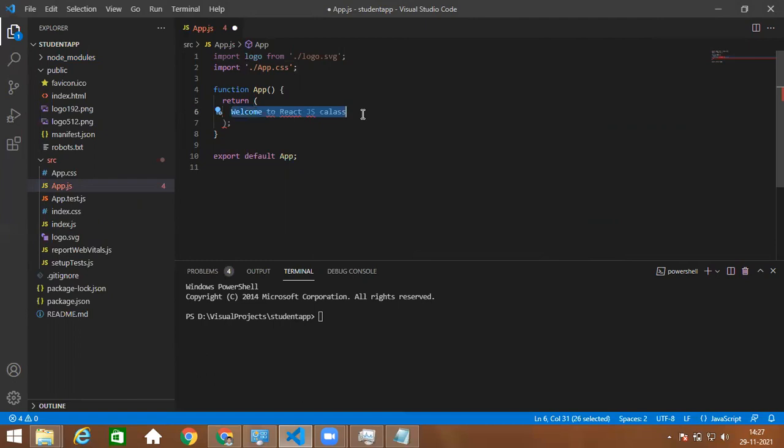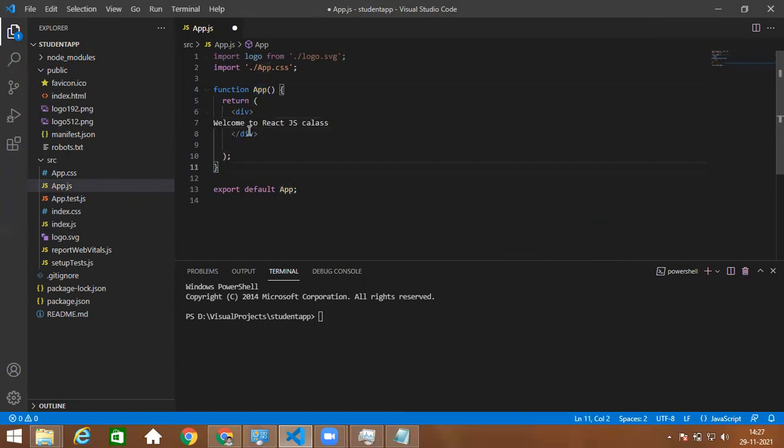Whatever content you are returning, you have to give it inside the div. You have to return a single element. HTML is what you can return from your app function. Just see here, I created one div element with welcome to React.js class.